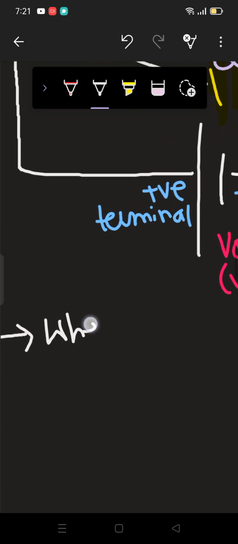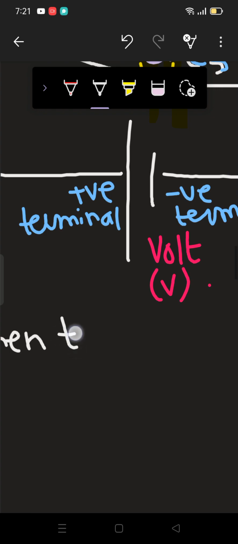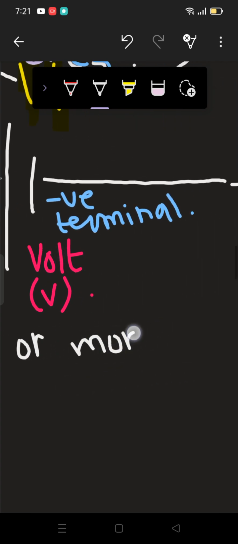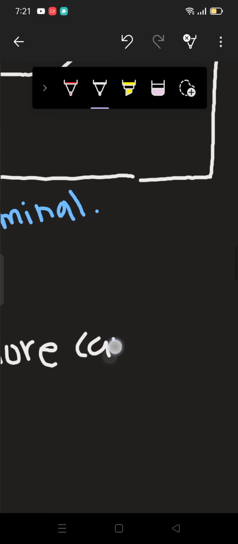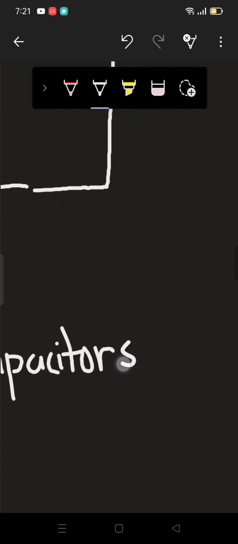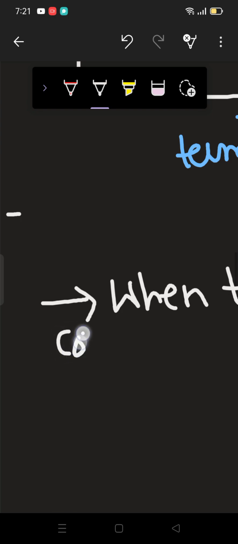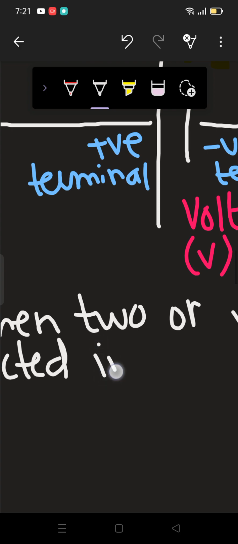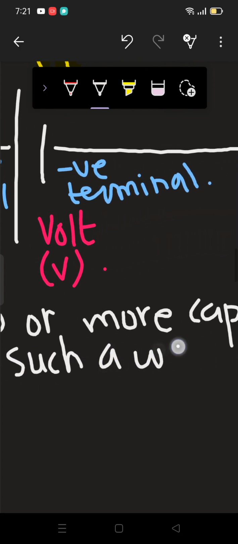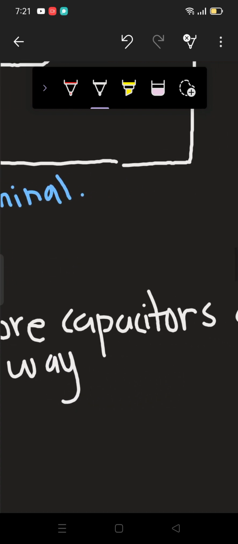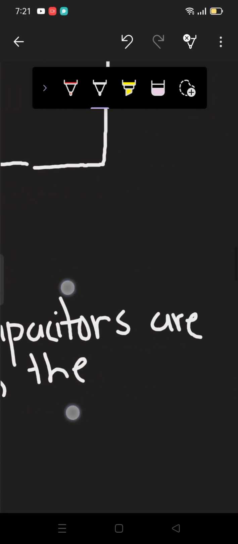So when two or more capacitors are connected in such a way, the positive